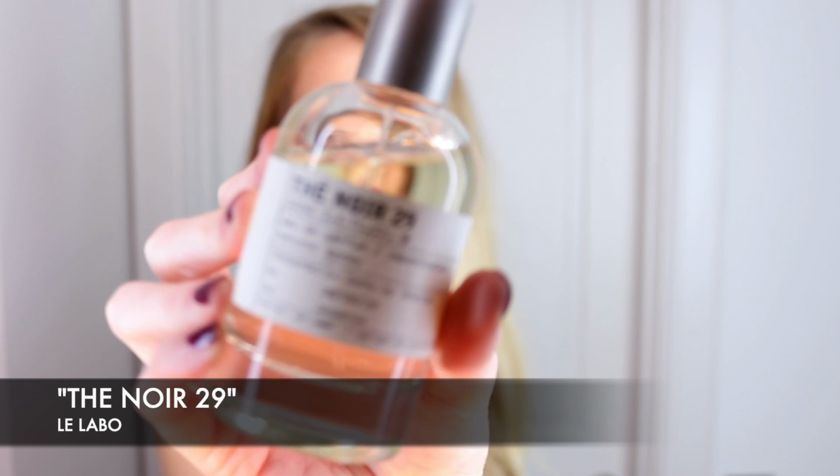enjoy For Your Love. So after seeing some pretty heavy fragrances, what about some perfumes more on the lighter side? Because not everyone likes super dense, thick fragrances. So the one that I would recommend for that friend who wants to find an everyday perfume that smells good, that will do the job, that is fresh, I would recommend to go with Thé Noir by Le